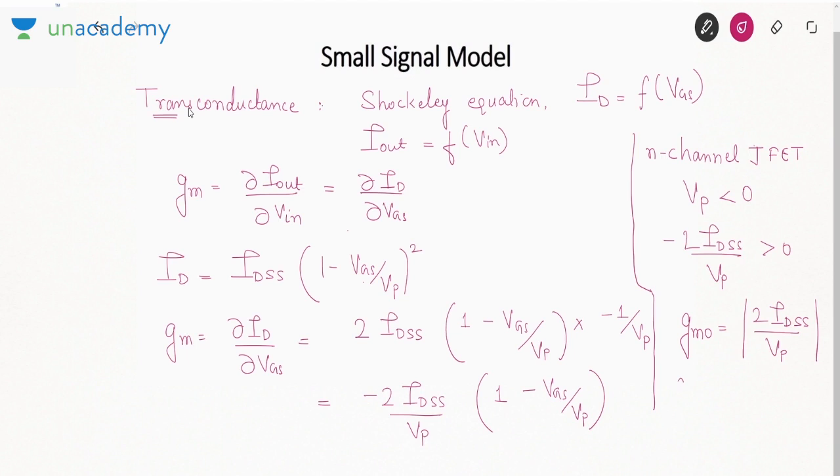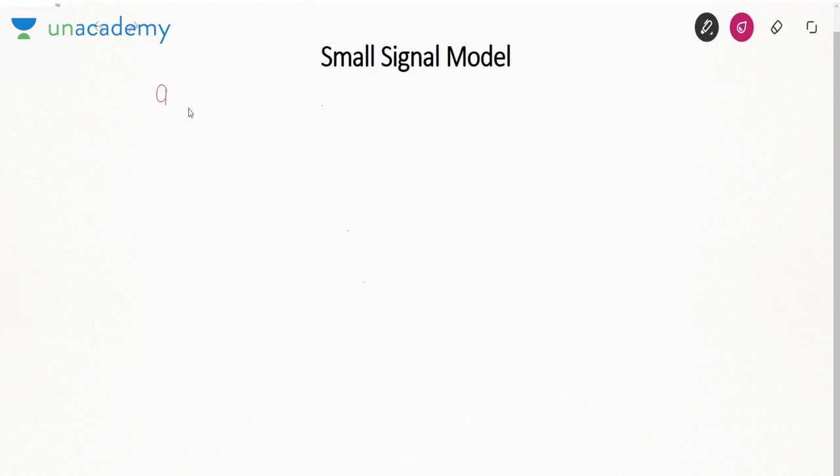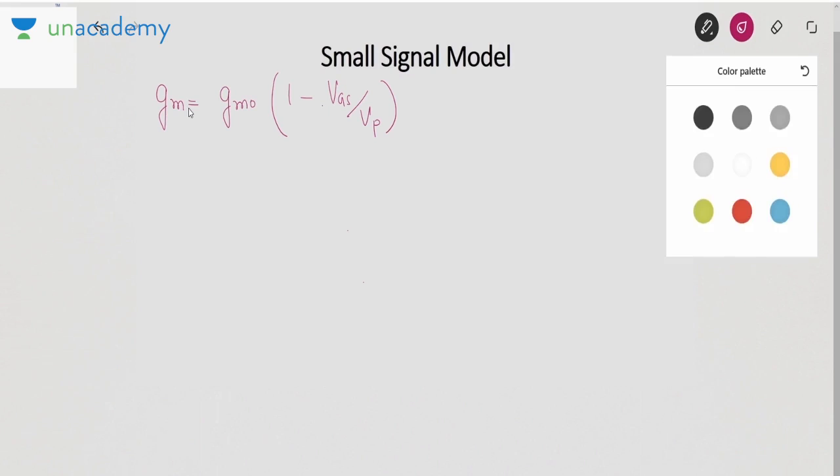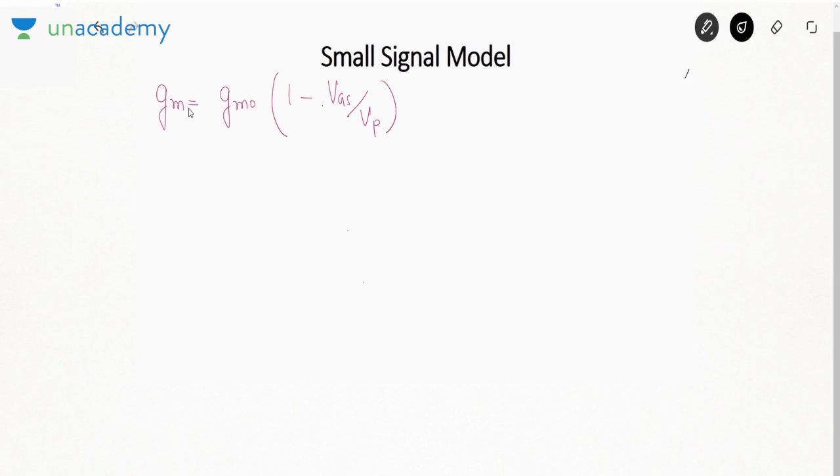gm0 means transconductance at VGS equal to 0. Suppose VGS is 0, then 1 minus 0 will be 1. What will be the transconductance? Minus 2 IDSS by VP. So what we say is gm is gm0 times 1 minus VGS by VP. Now suppose you want to plot this variation of transconductance with VGS,